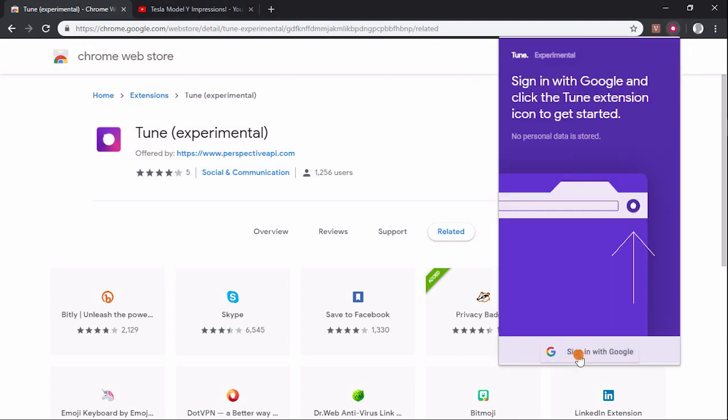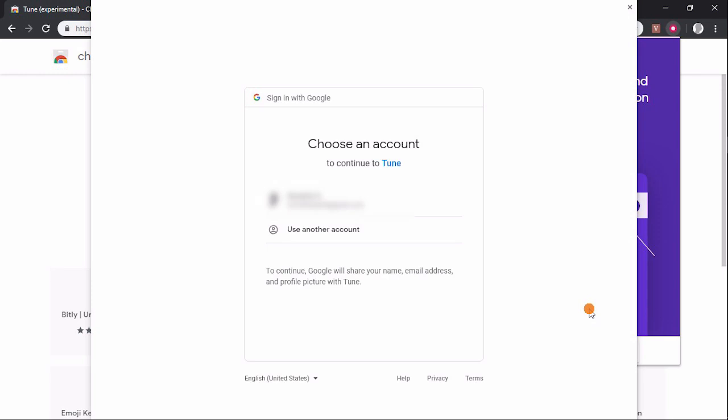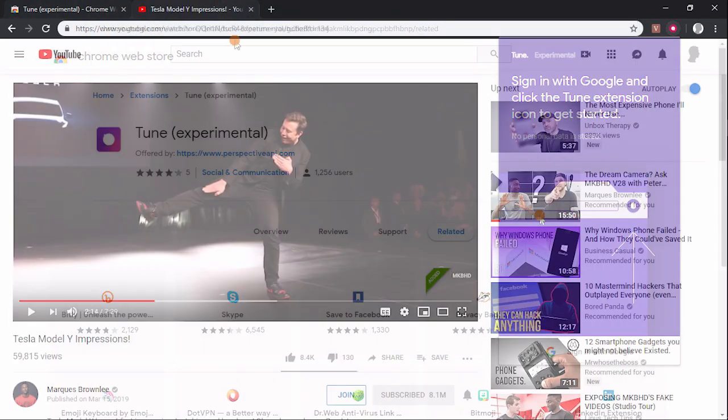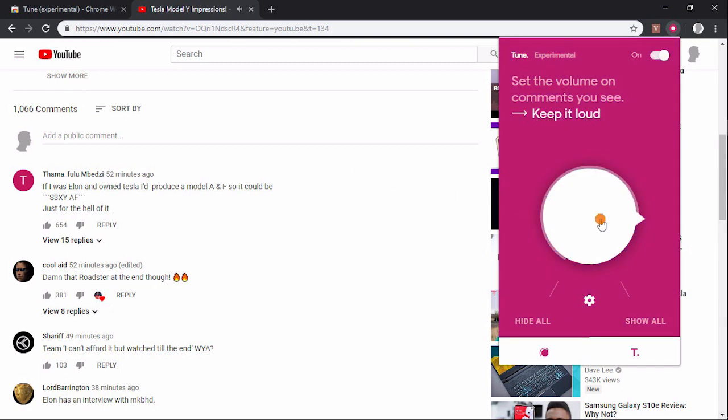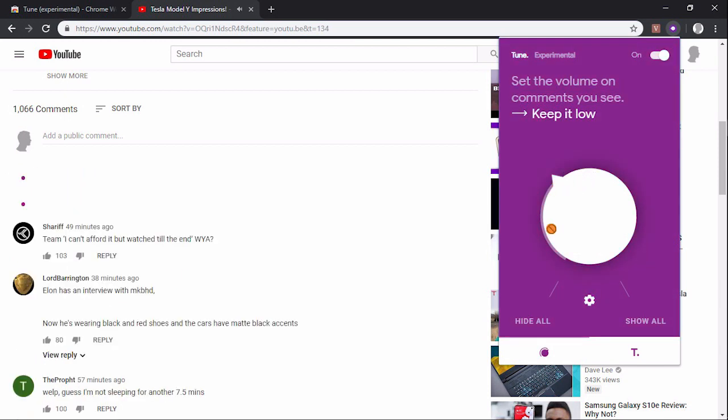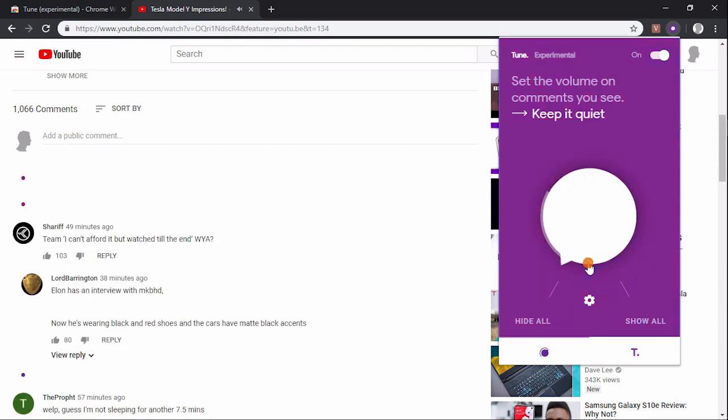Once installed, sign in to the extension using your Google account. Upon sign in, you can tune the extension as per your needs to filter out and hide the toxic comments. This extension gives you a knob to adjust the comment toxicity level. You can rotate it around to check all the available levels and set it wherever you find it best suited